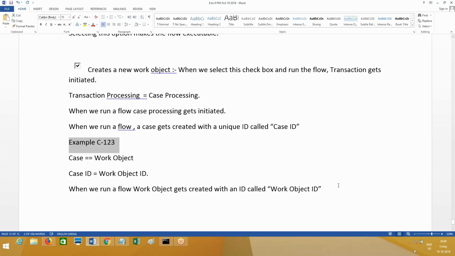This terminology you should get, while you are saying something about this work object and all. For that you need to read it multiple times. You have to speak PRPC in PRPC terminology only. Remember that. Otherwise it will be there in your mind, but you cannot speak it out or express it. So when we run a flow, a work object gets created and a work object ID will be created.